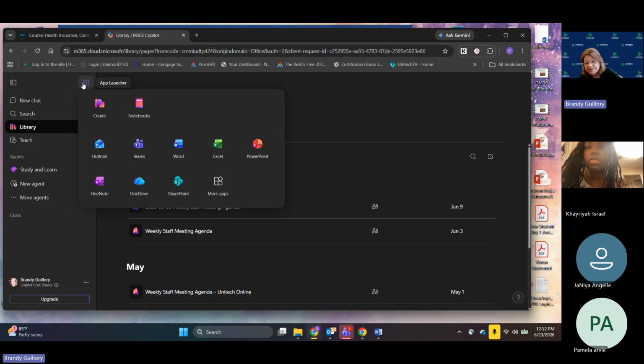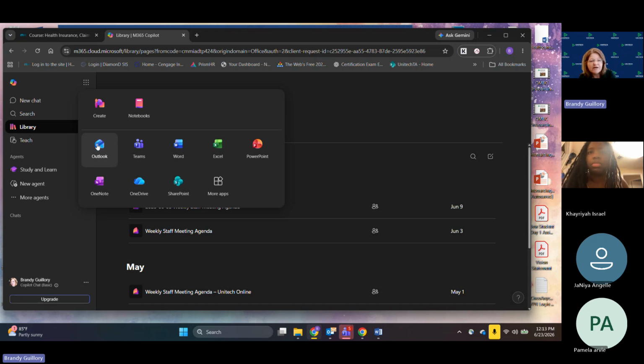It used to say apps over here on the side, and you could click there and it would open a page. But when you click apps, it'll have Outlook, Teams, Microsoft Word, Microsoft Excel, PowerPoint, and some other ones. Outlook is where your Unitech email inbox is going to be. So you're going to click on Outlook and it's going to access that inbox for you.